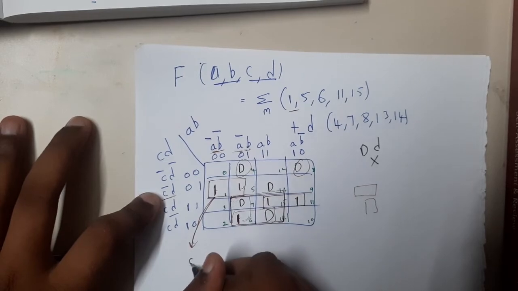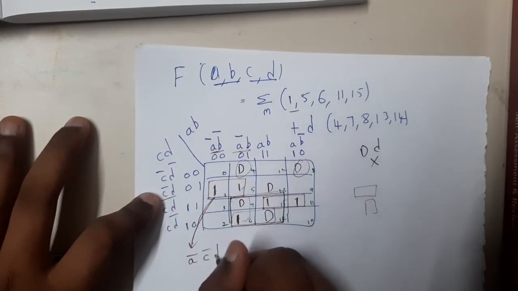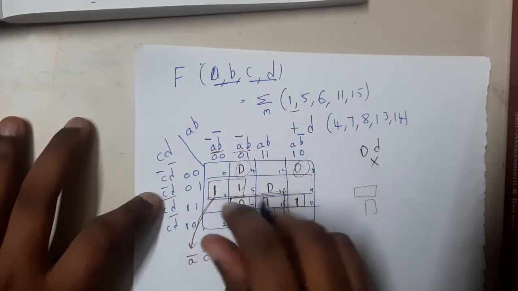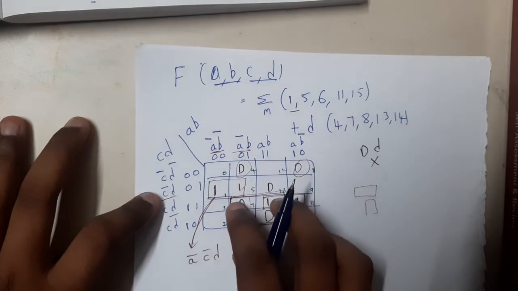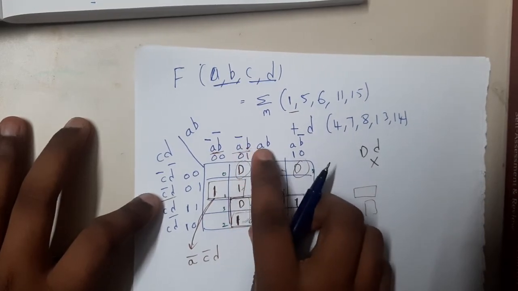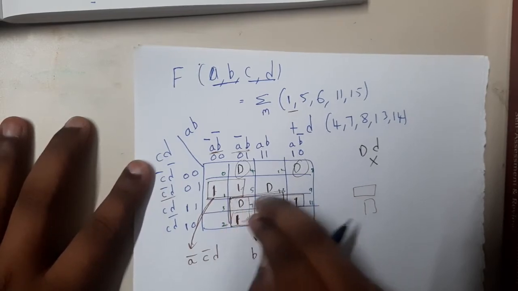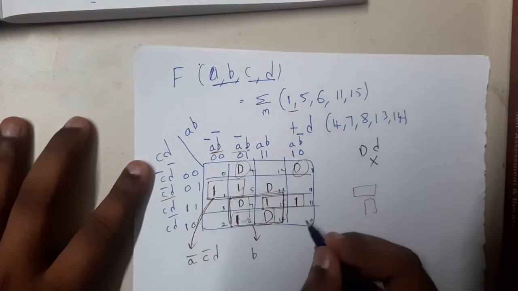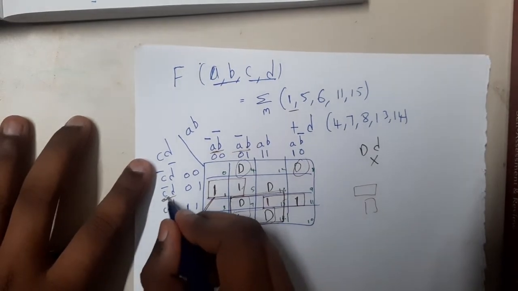A bar is common. So write A bar, and it is in which column? It is nothing but C bar D, or row or column, guys. I get confused between row and column. This is row. Similarly, let us take this now. It is occupying these two, so among these two, which is common? B is common. Again, it is occupying these two, so among these two, which is common? It is C, right? I think this is my underline, my bad.